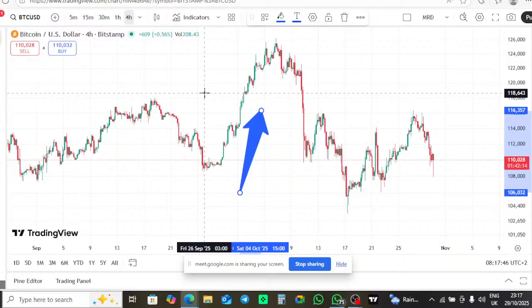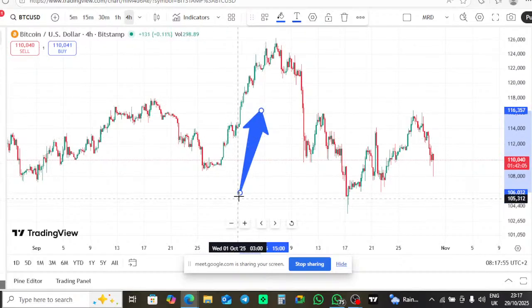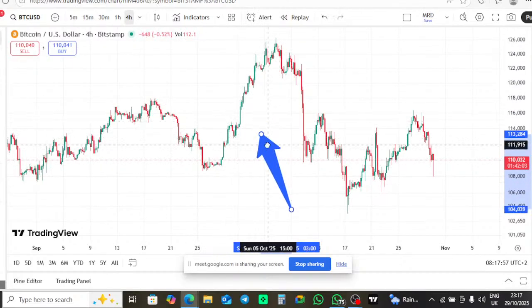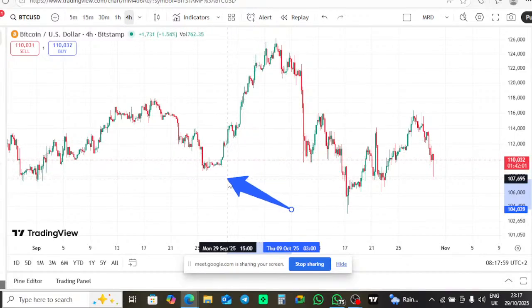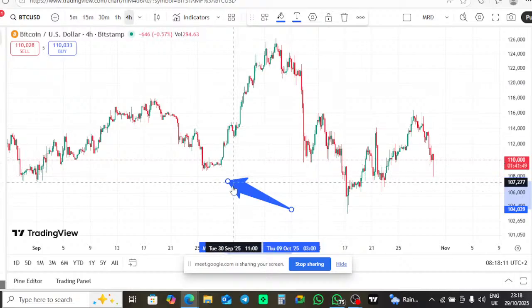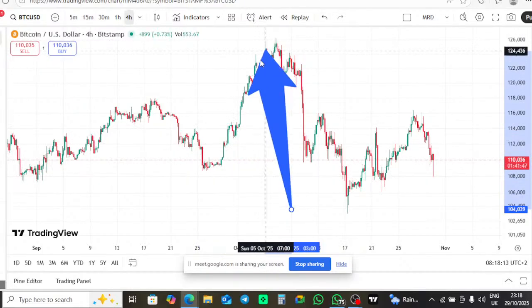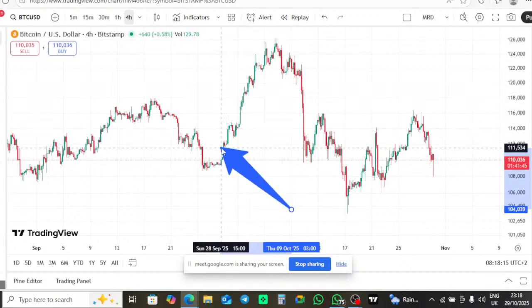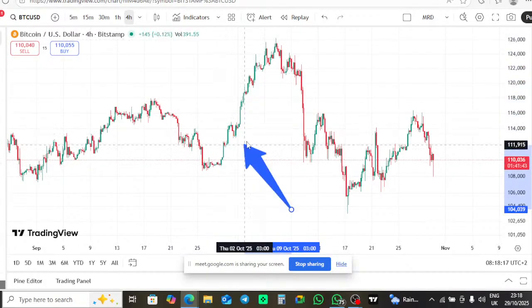I will show you on the chart how it looks, and you'll be able to identify that whenever you see this, that is automatically an uptrend. Whenever you see this, that is automatically a downtrend. Before you do anything in the market, first identify the trend. I said we have uptrend, downtrend, and ranging. Now this is an uptrend. You want to trade, so you must identify the trend.